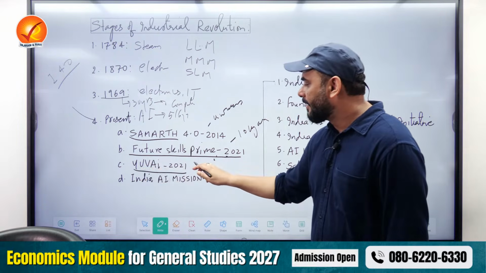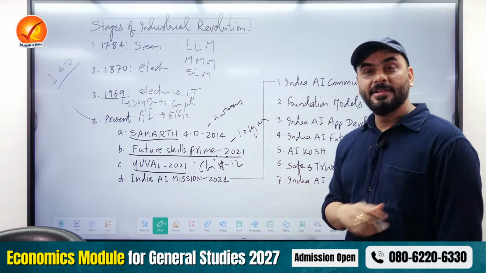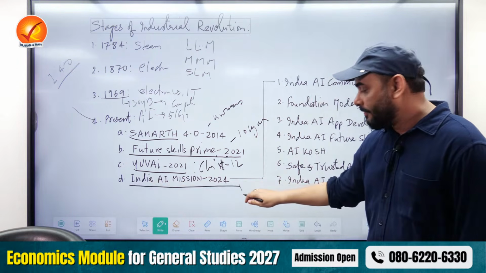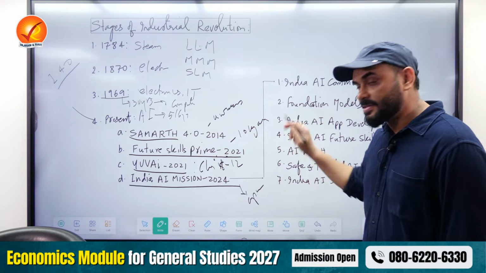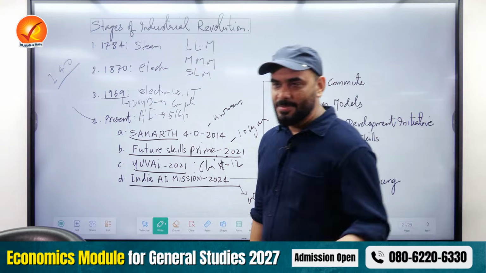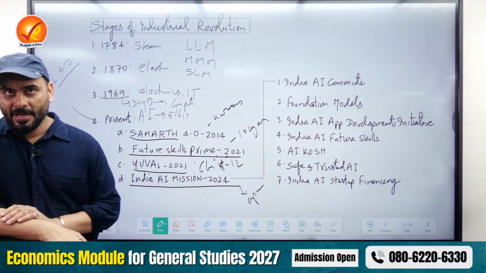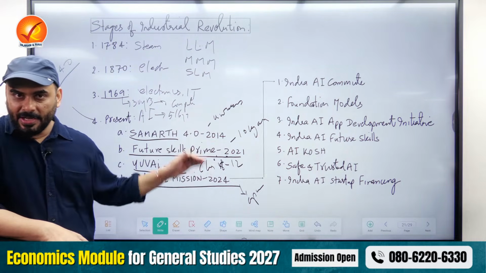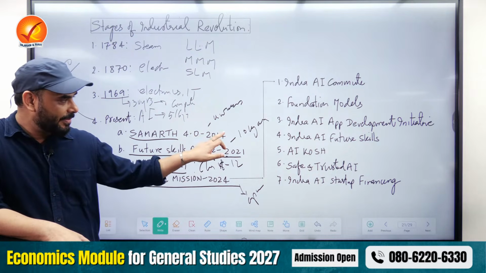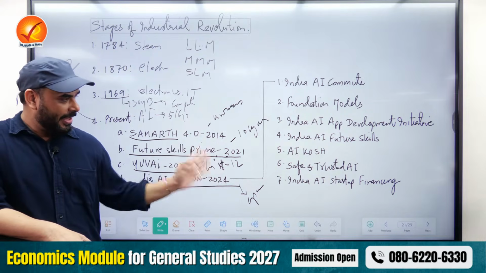Yuva AI. Under this, we are going to class 8th to 12th, and we are training the school kids related to AI. And then you have IndiaAI Mission, which we are using for capacity building. This is how you should memorize. Memorizing schemes and programs is not very difficult if you follow a story approach where you know the keywords and what comes after each scheme that the government has taken. So first comes awareness, then identifying key areas, then school, and then capacity building.